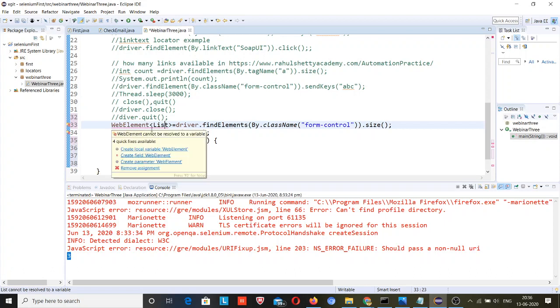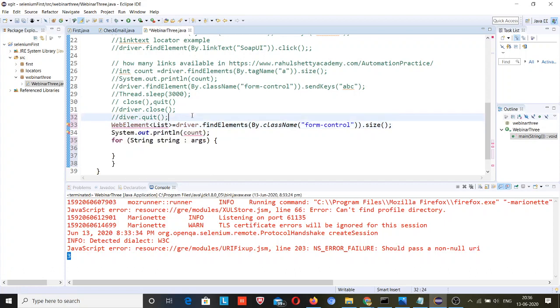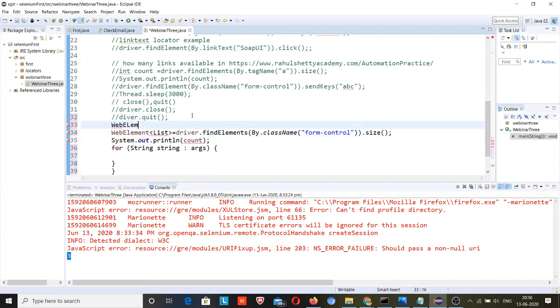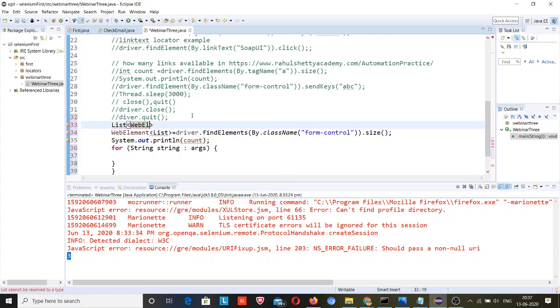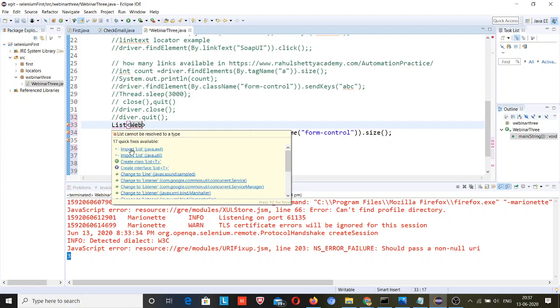I need to import some, but I have to make a list of WebElement. Why is this not imported?